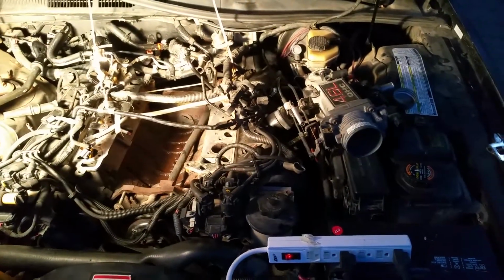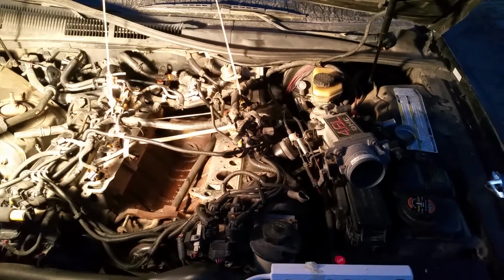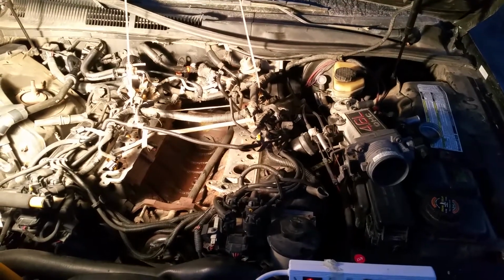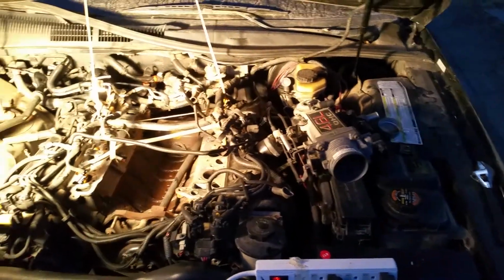I got the new intake pretty much ready to go, and I had to rearrange sensors on it and all sorts of fun stuff just to prep it accurately. I was considering going with an upgraded throttle body, but honestly this car is kind of